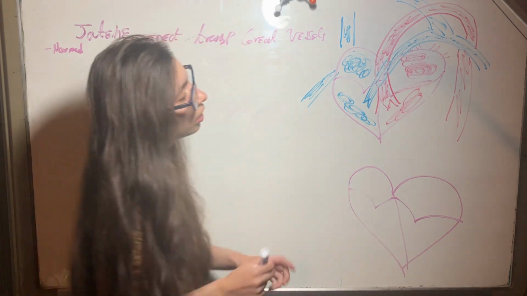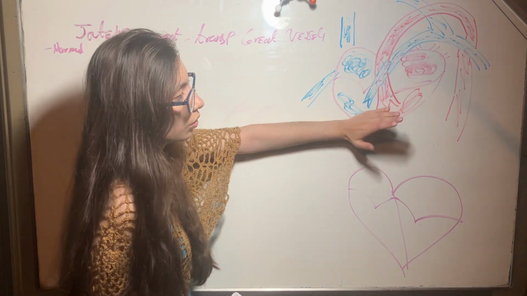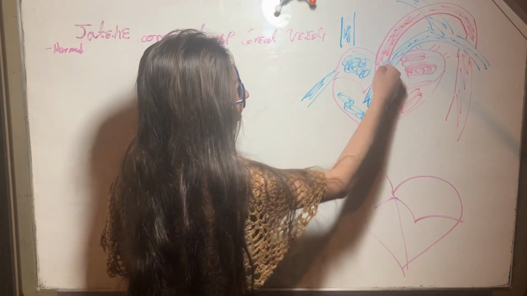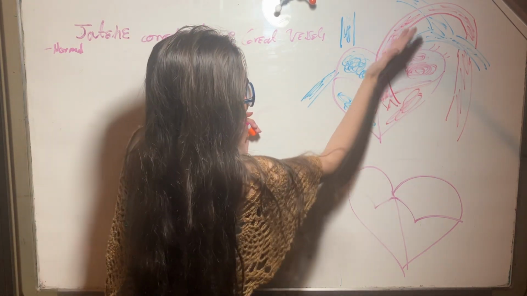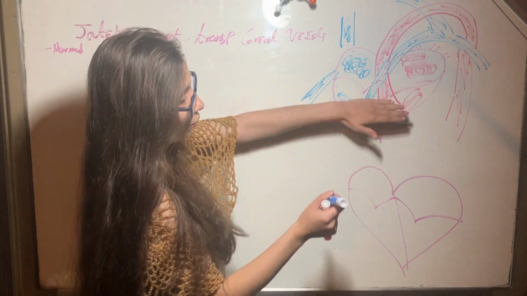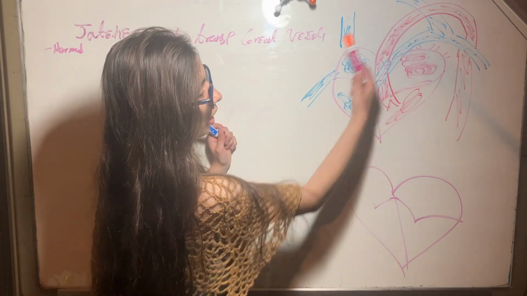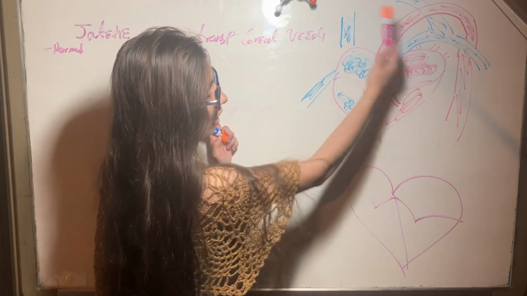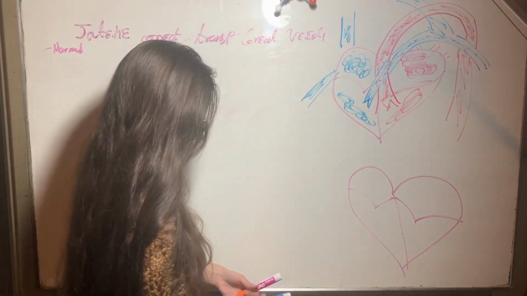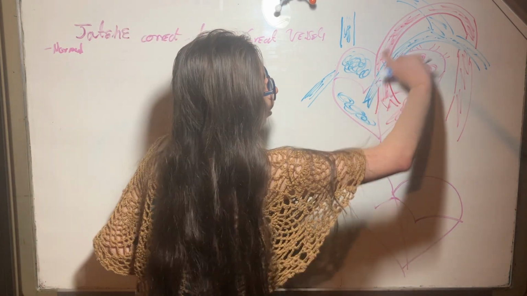And here the issue is that we have an abnormal formation of the septum, the spiral septum that separates the aorta from the pulmonary artery. So instead of forming a spiral shape, it is just like a straightforward septum. And this ends with the result of having the pulmonary artery